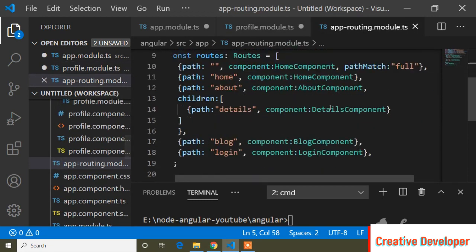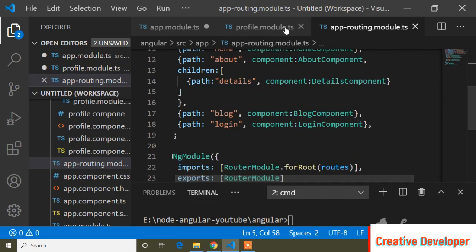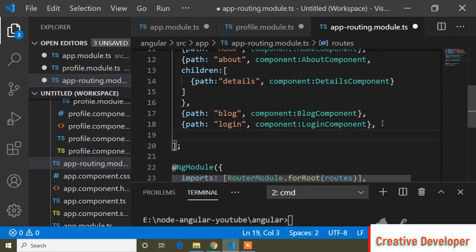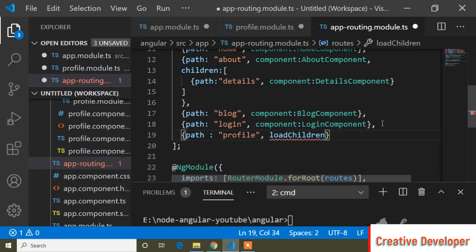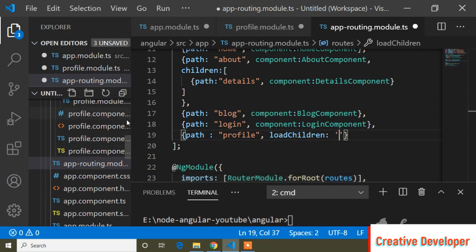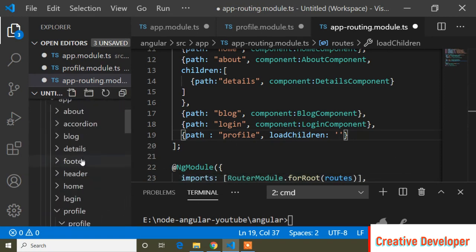And I have to understand that the profile module is the part of our project, so just here I will write path, colon, and the path is profile, then loadChildren, and inside this loadChildren I will pass a string value, and the string value is our profile module's path.